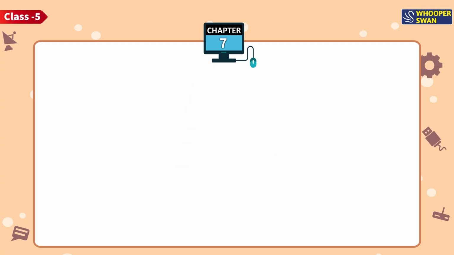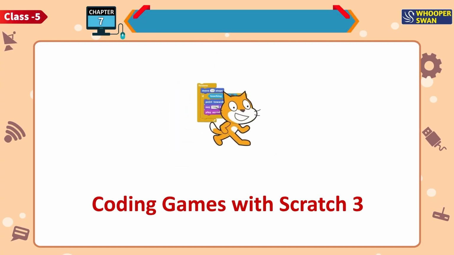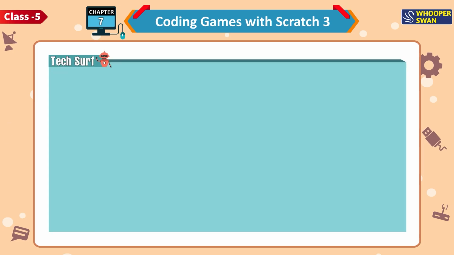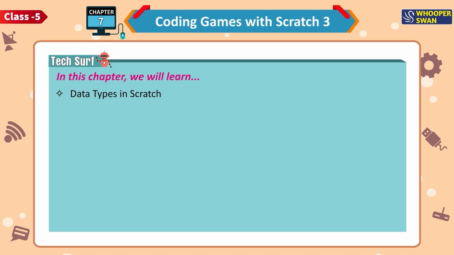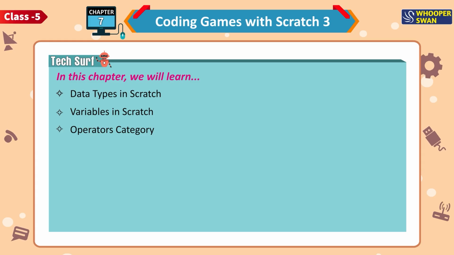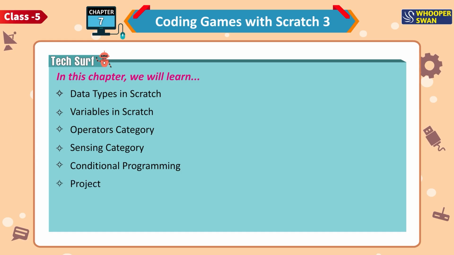Chapter 7. Coding Games with Scratch 3. Tech Surf. In this chapter we will learn data types in Scratch, variables in Scratch, operators category, sensing category, conditional programming, project, repeat block, pen extension category,